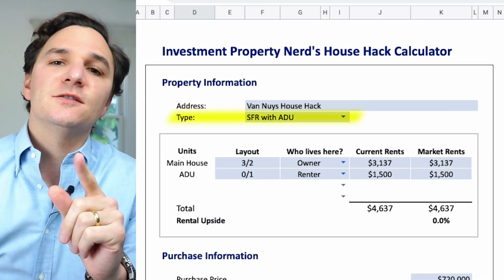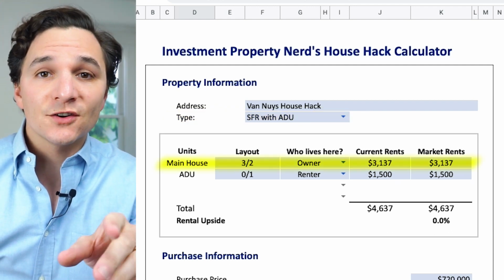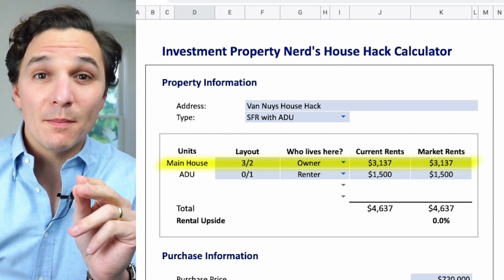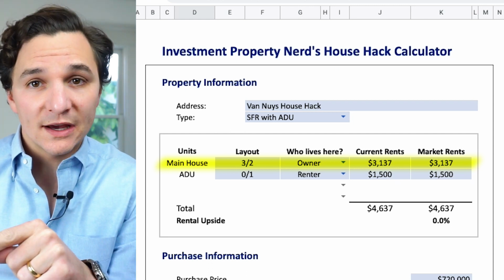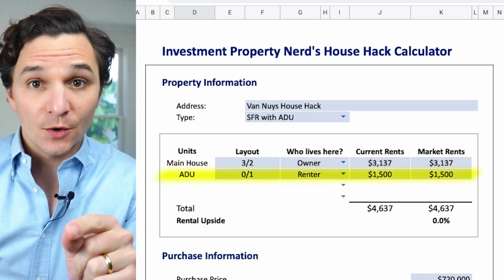So, under property information, I'm withholding the address for the sake of my client's privacy, and this is a single family residence plus ADU. Now remember, the main house is a 2-bed, 1-bath currently, but the garage is going to be renovated into an additional bedroom, bathroom, and laundry room. This means that my clients will have a 3-bed, 2-bath house to rent when they eventually move out. So we're listing the house as a 3-2 and the ADU as a studio,